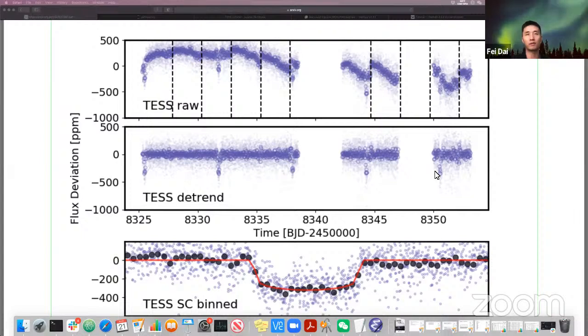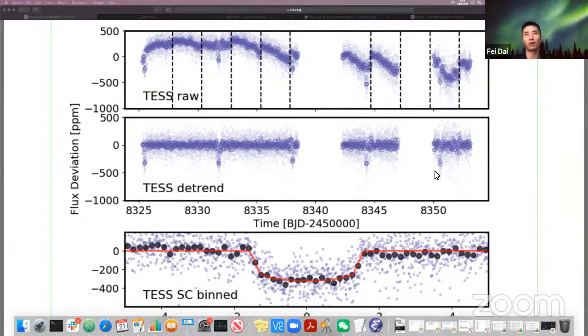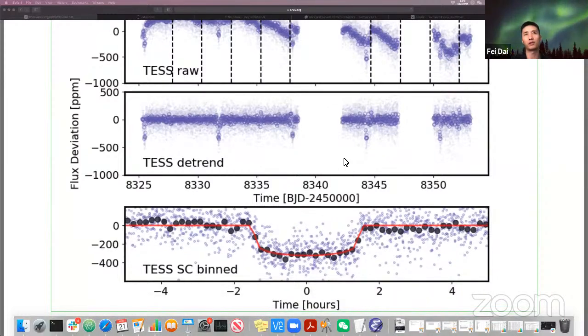These dips actually turn out to be very periodic, meaning that the signal is probably from Keplerian motion of the planet. And what you can further do is so-called phase folding, which is changing the time axis of the light curve by taking the modulus of the orbital period. If the planet executes perfect Keplerian motion, then this transit should always occur at the same interval, and they phase up really well, like shown in the bottom